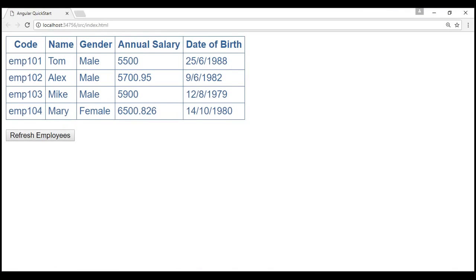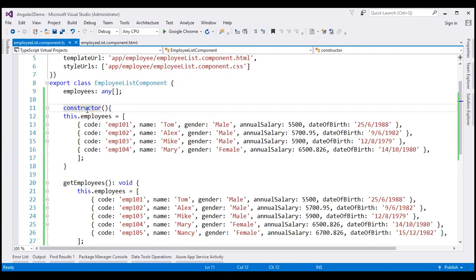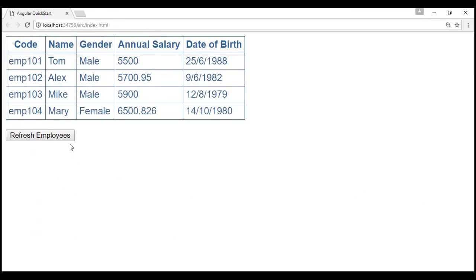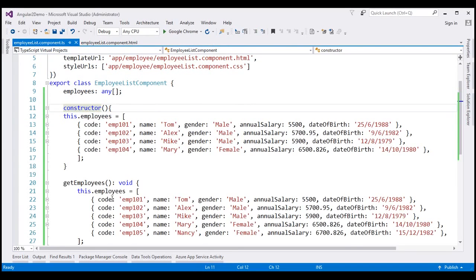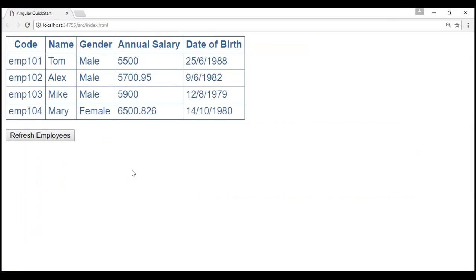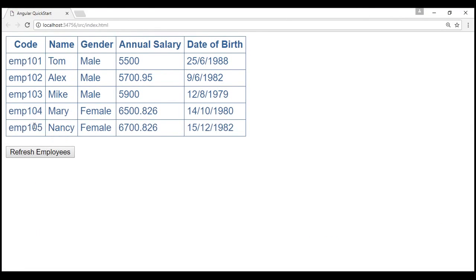Notice on the initial page load, we have the 4 employee objects that we have within our constructor. When we click this refresh employees button, we are calling this getEmployees method. This method is returning a 5th employee object as well. So when we click the button, notice we see the 5th employee object. Now when we click refresh employees button, notice it appears as if nothing is happening, but behind the scenes, Angular is tearing down all these tr and their respective td elements and recreating them every time we click this refresh